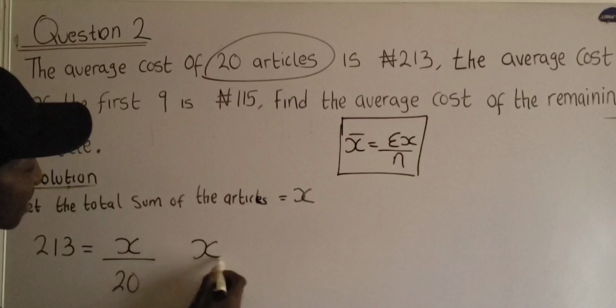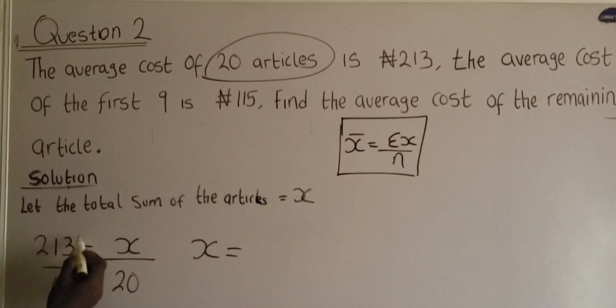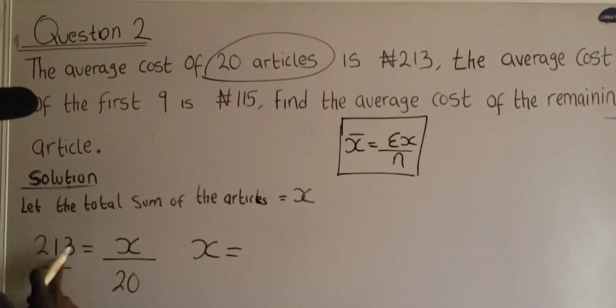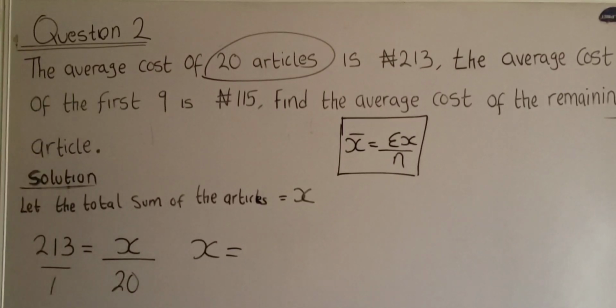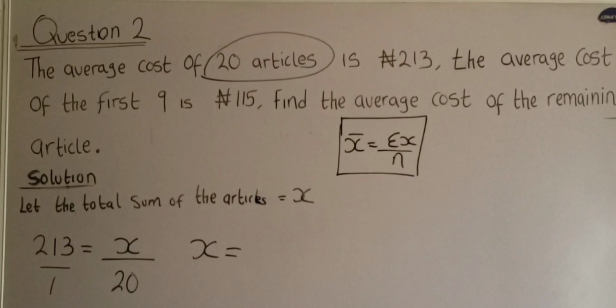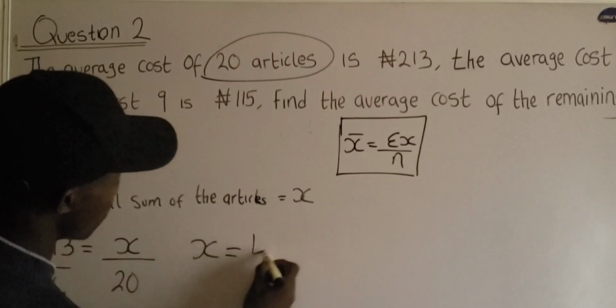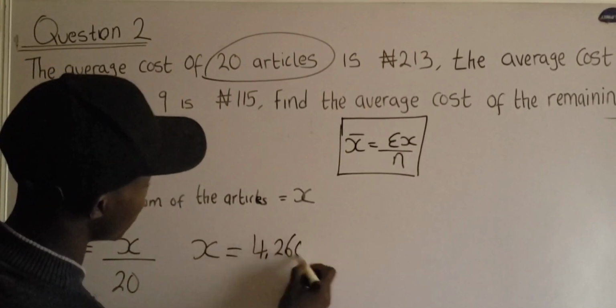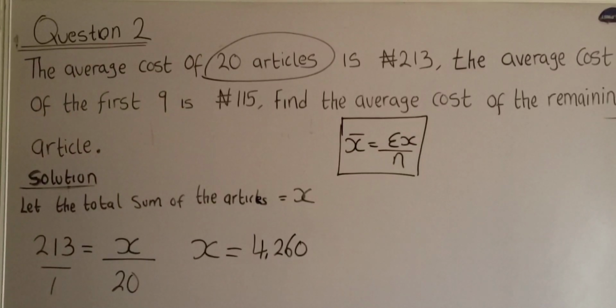So get the value of x by cross multiplying this over 1. X multiplied by 1, that is x. 213 multiplied by 20 will give us 4,260. So I have got the summation of all the articles. Are you getting it? Now, having gotten the summation of all the articles, I still need to determine the sum